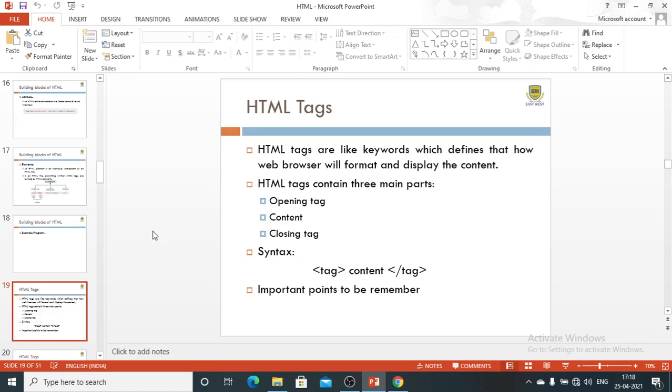With the help of these tags, a web browser can distinguish between HTML content and simple content. HTML tags contain three main parts, as you can observe on the screen. The first one is the open tag.